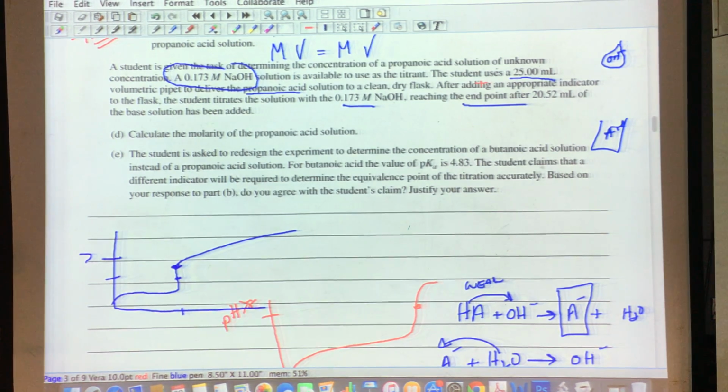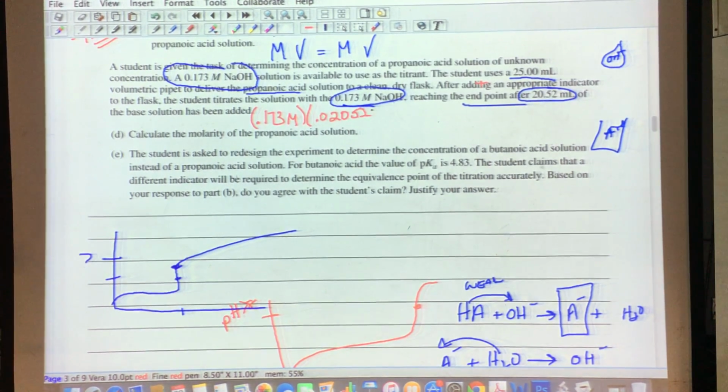Look, how many moles of base do I have? I have this amount of base, and I have this concentration of base. How can I get moles? For the millionth time, n equals M times V. Take my molarity and multiply it by my volume in liters, which is